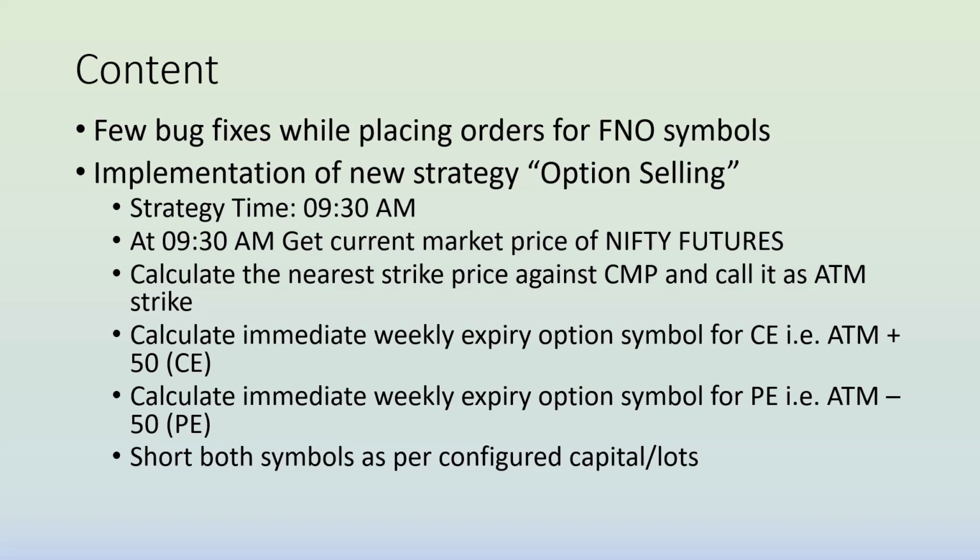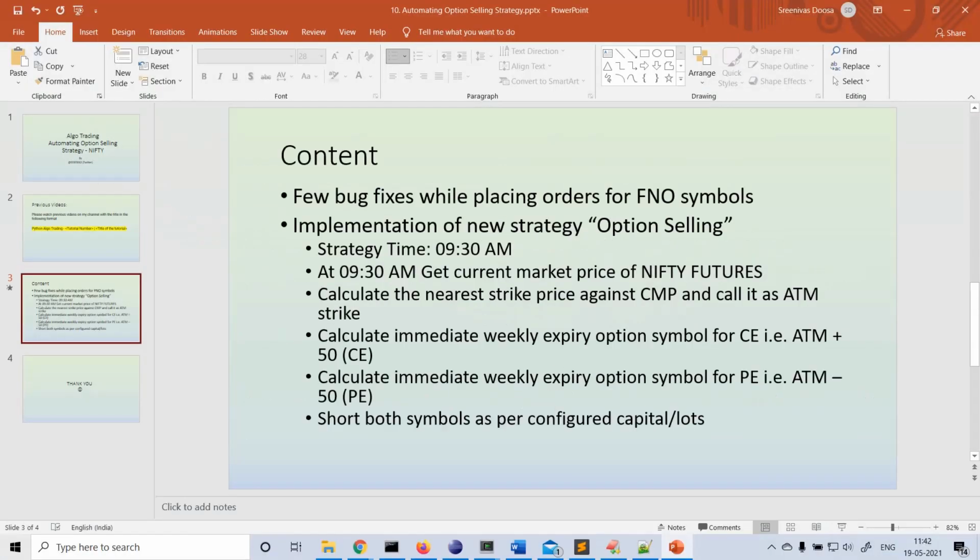I have not backtested this strategy, but it may work. If you just do it on Wednesday and Thursday, it may work, but I am not recommending anyone to trade this strategy live. Do proper backtesting analysis from your end before running this strategy live. This is just for demo purposes. You can have your own CE and PE symbols, either plus 100, minus 100, and with different quantities. You can create your own strategy from this demo strategy and run it. Okay, that's fine. So let's go into the code.